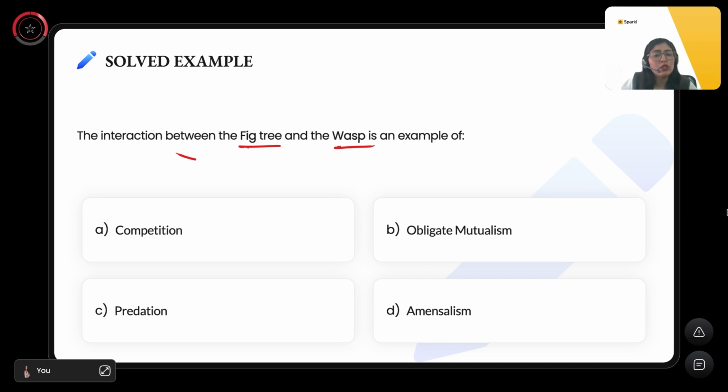आपको सबसे पहले तो ये पता होना चाहिए fig tree and wasp का क्या interaction है. Wasp जो होता है वो fig tree के जो fruits है उनमें reside करता है, egg lay करता है, and in return जो आपका fig tree में जो fruit है, that flower है, that is pollinated. So यहाँ पे एक mutualistic association देखने को मिलता है, and this mutualistic association is obligate mutualism. Why? Because fig tree को pollinate करने के लिए उसका specific wasp भी लगता है, and that particular wasp can lay its egg inside the fig tree only. Okay, so यहाँ पे this is a positive interaction where both the species which are interacting with each other are being benefited from one another.